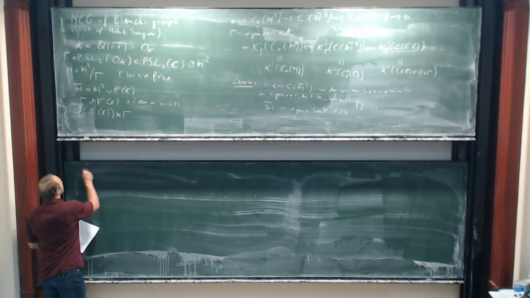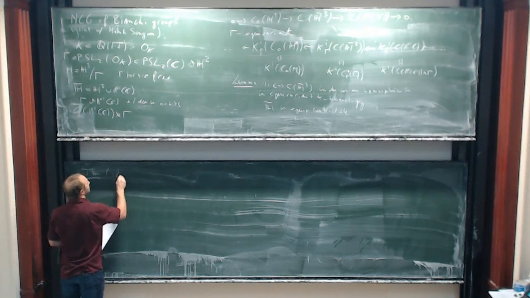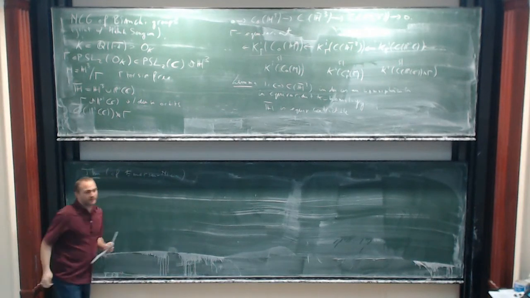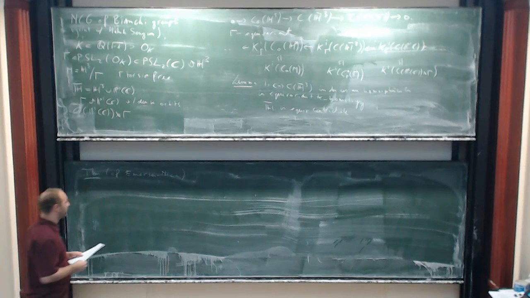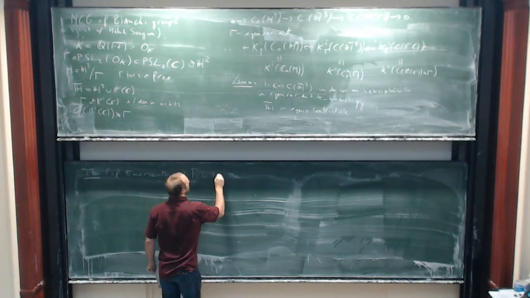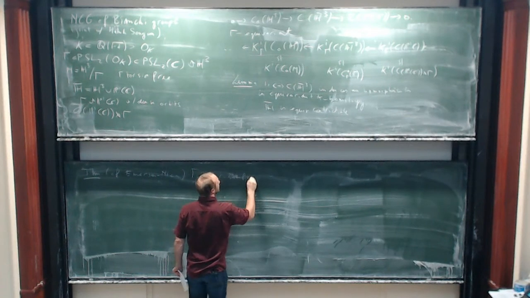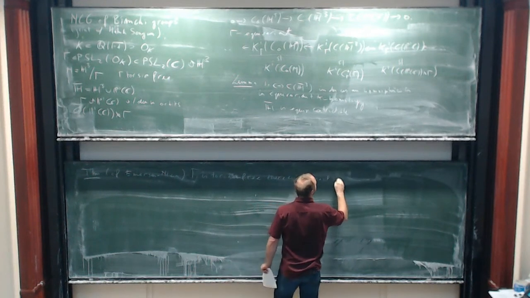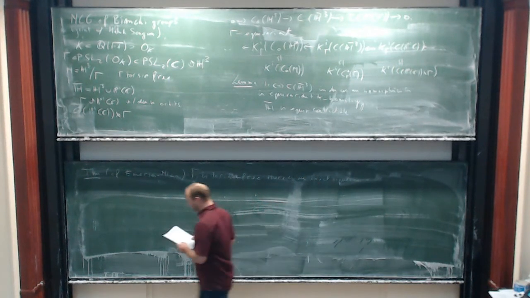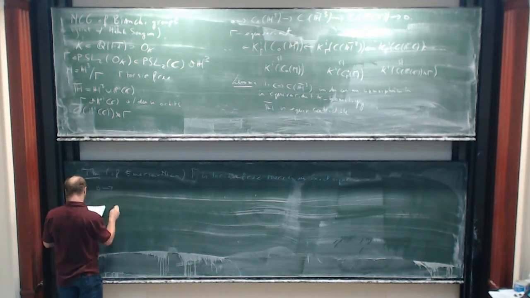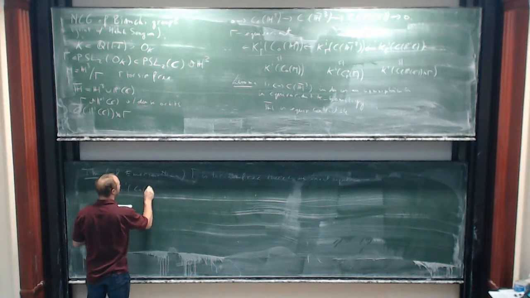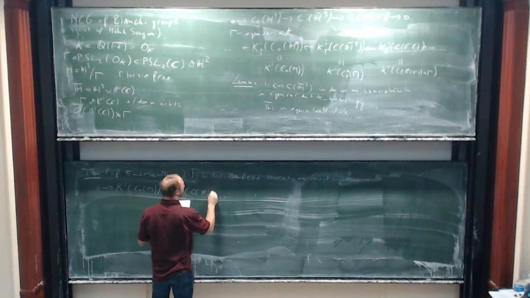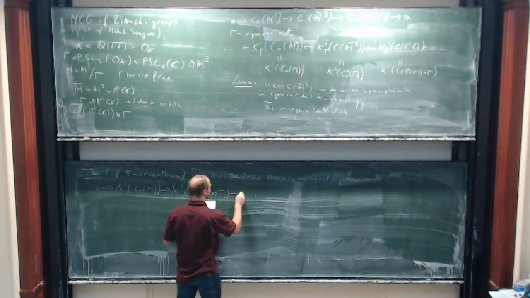Okay, so all of this gives us, and this is very similar to what Emerson and Nika do. The setting is a bit different, but if gamma is torsion free, there is an exact sequence of 0, K1 of C0 of N, K0 of P1 of C, this cross product,